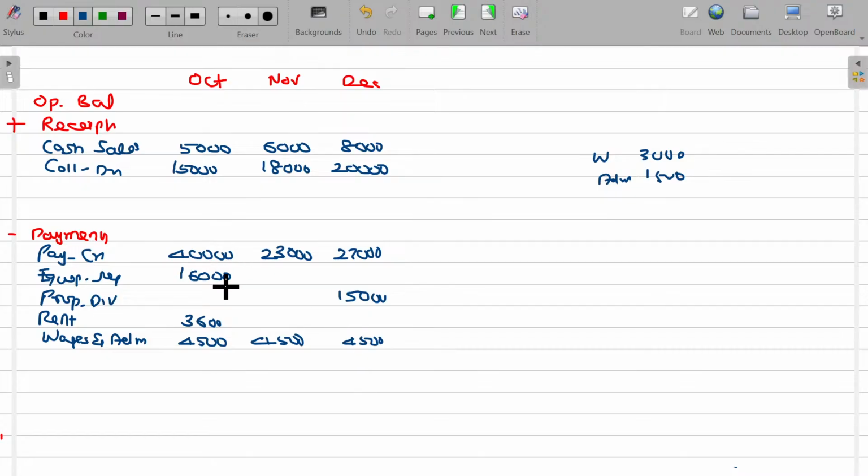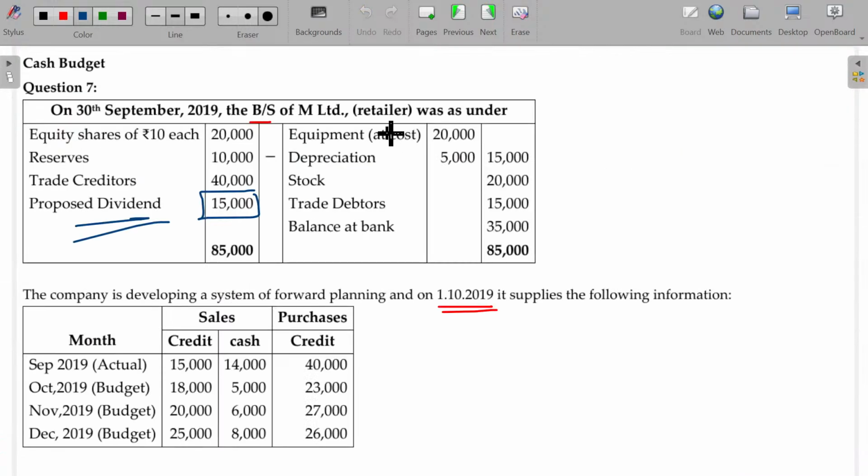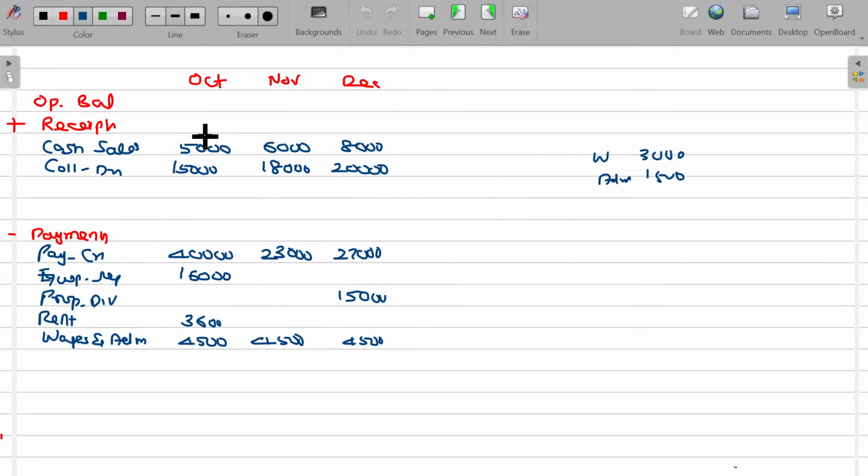Okay. What about the opening balance? Go and see the balance sheet. You will find the balance here. So that 35,000 is the opening balance. That's all. You add up the opening balance with the receipts,